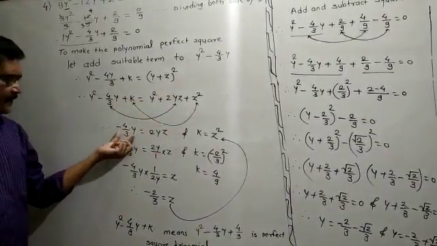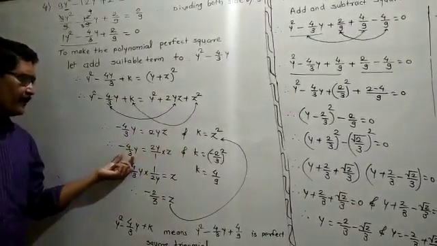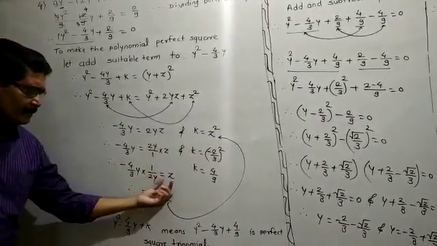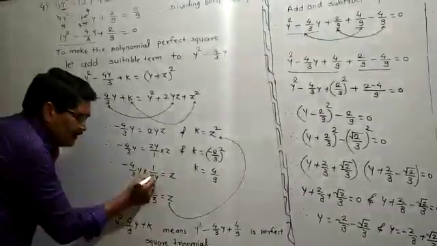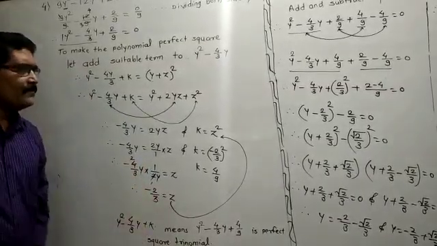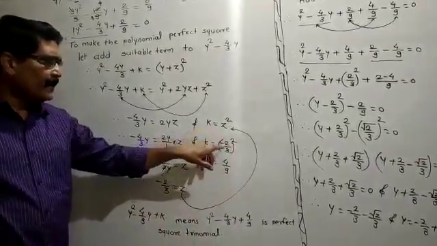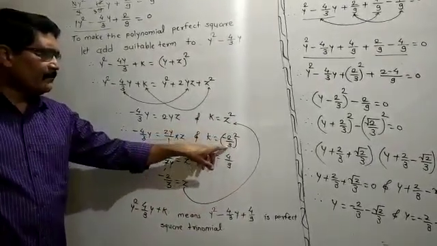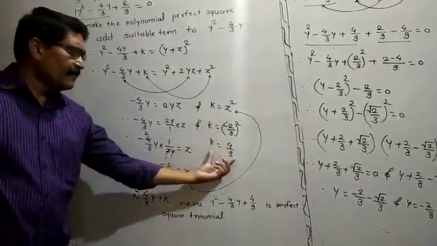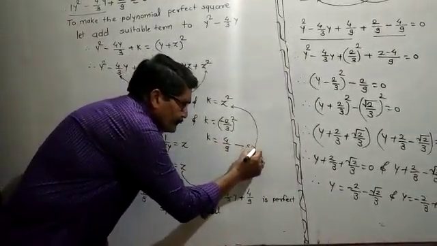Here this is the term of y, this is the term of y. Transpose this 2y from right to left. That becomes divided by 2y and you will get the value of z. Then 2 ones are 2, 2 twos are 4. This will come minus 2 upon 3 is equal to z. You have to put the value of z as minus 2 upon 3 here. At that time z square is equal to minus 2 upon 3 bracket square. 2 square is 4, 3 square is 9. The value of k will come 4 upon 9. This is the square term.